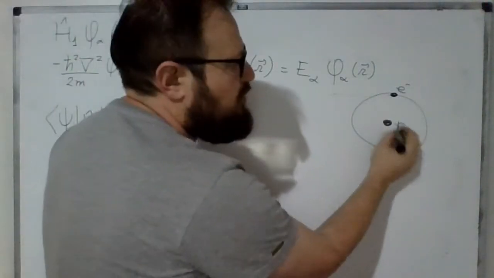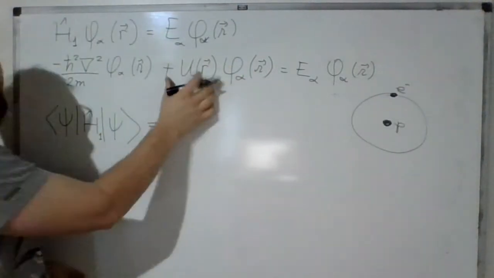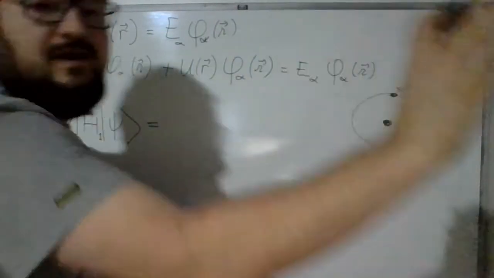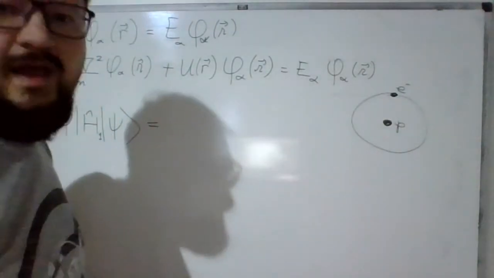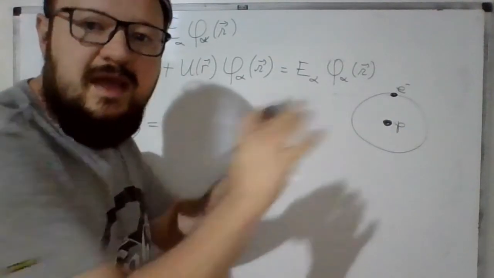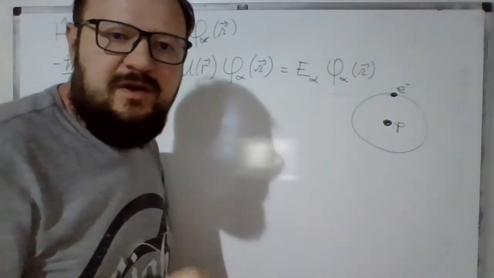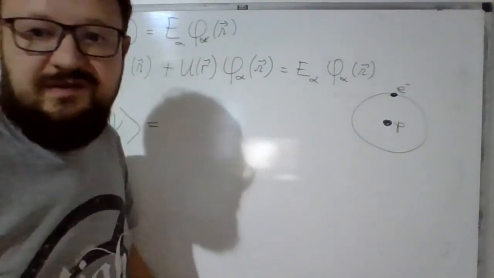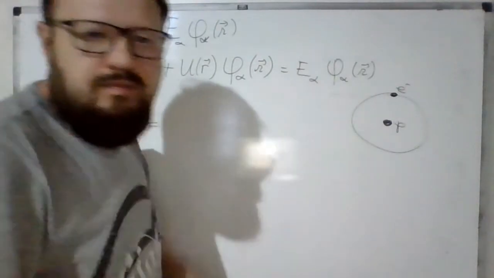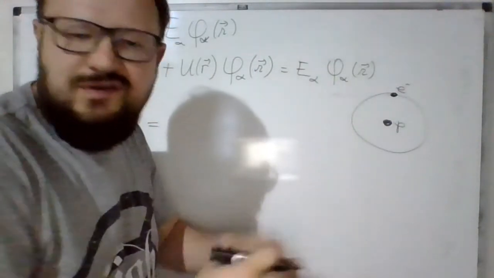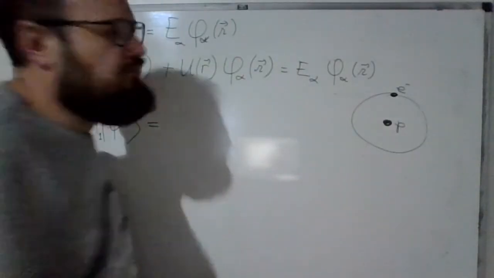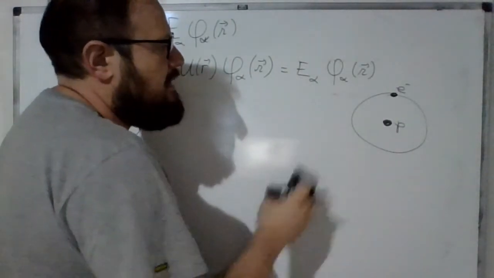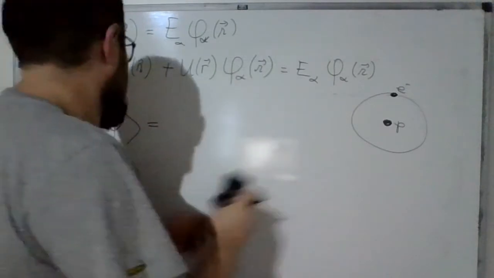And the proton produces the potential energy. So this is external. It's provided by something else, okay? So we are dealing with the electrons here for the sake of simplicity, but you could be trying to solve a problem for a given type of particle, okay? So in this case,